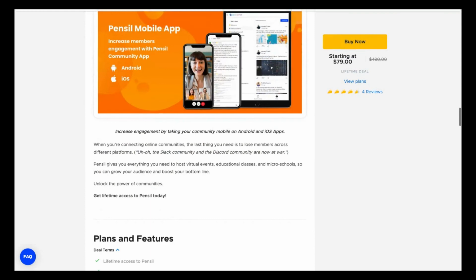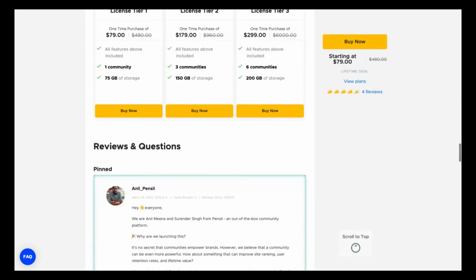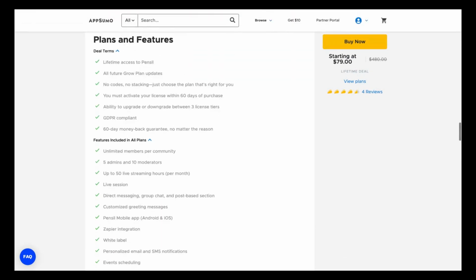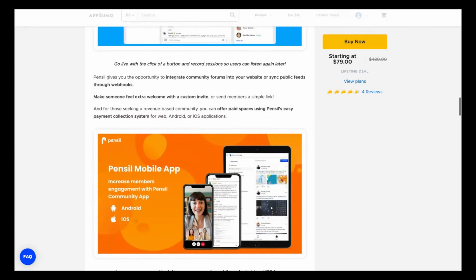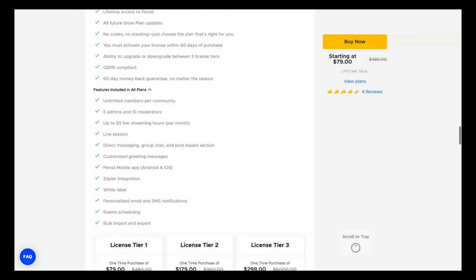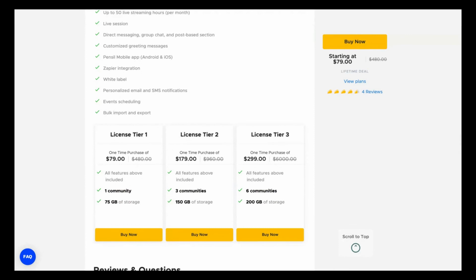Okay, if you want to create a public event, Pencil does not charge you a percentage for the monetization features, and UUKI charges. Okay, so there are some points where Pencil is better than UUKI, and other points where UUKI is better than Pencil.